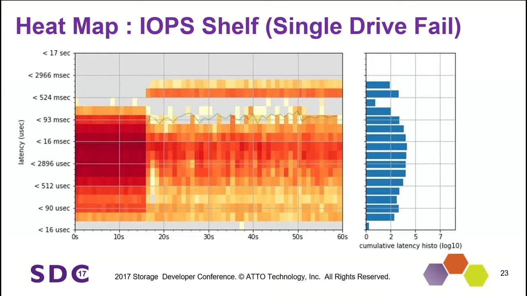So they're like, hey, how come this is doing this? And we said, well, you got a bad drive. And they said, yeah, but a bad drive's not supposed to be giving us that kind of performance. So we looked at their configuration and said, okay, well, this is a feature that you really have to enable. We think that they didn't know what it was, so they turned it off. Now, I have another one, and this was not a specific customer problem, but it looks so cool, I had to bring it.